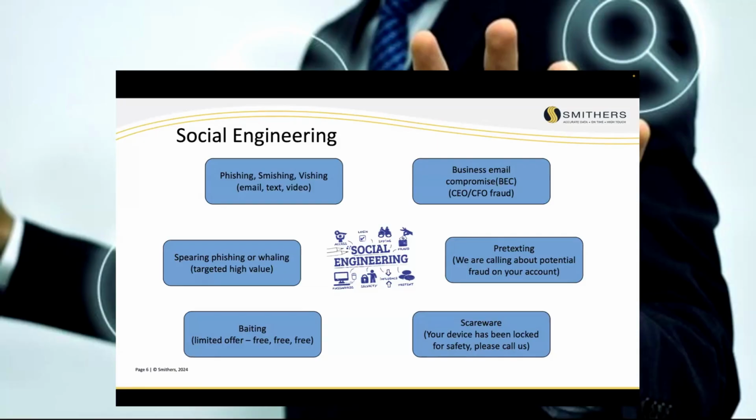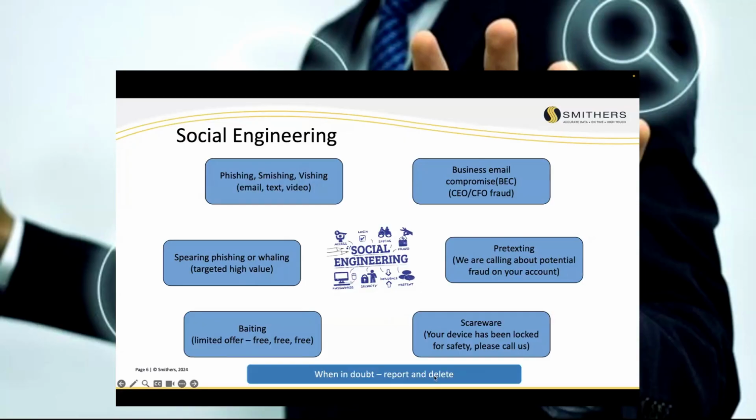Now, everybody says this only occurs on your personal devices. Absolutely not. Social engineering does not differentiate between company devices and personal devices. They target them all. And getting the list of cell phone numbers is not that complicated. Cell phone numbers, like regular phone numbers, come in banks. As a result, many times they will just blast this out to an entire bank of cell phone numbers, hoping that somebody will not pay attention to it. In phishing and smishing or in whaling, they have to do a little bit of work to get there.